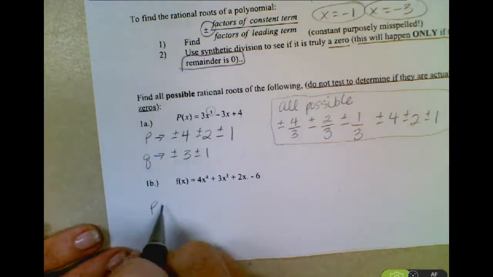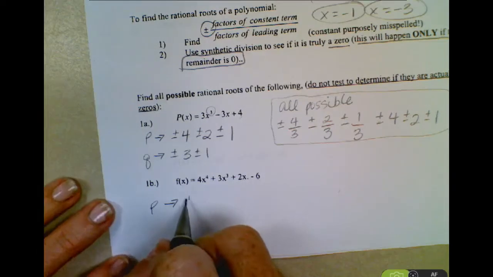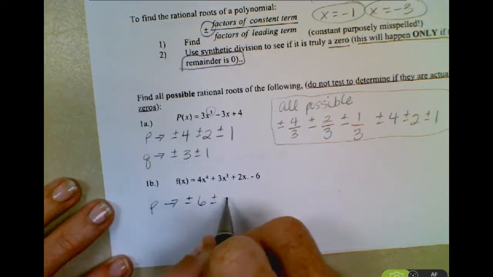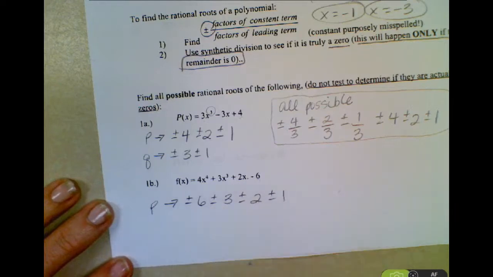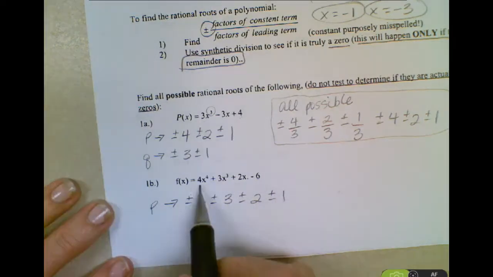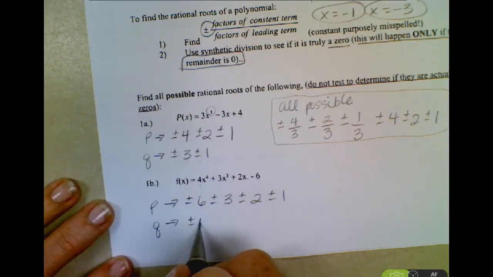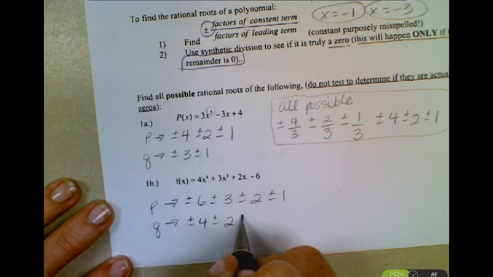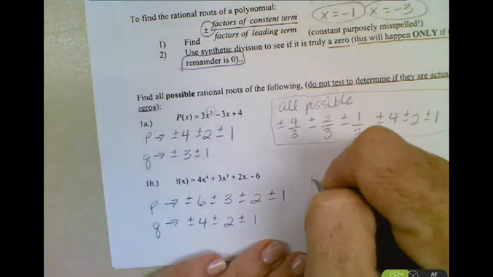Okay, so all of the p-values that I get are all the factors of 6, which would be plus or minus 6, plus or minus 3, plus or minus 2, and plus or minus 1. Now, for the denominator, my q values are all of my factors of 4, which would be plus or minus 4, plus or minus 2, and plus or minus 1. So now to find all my possibles,